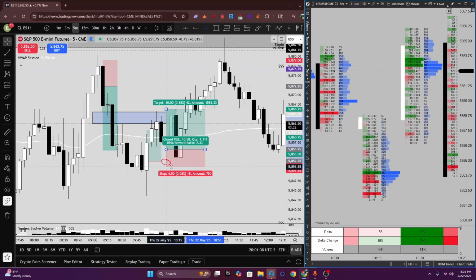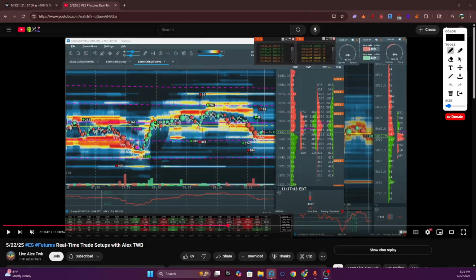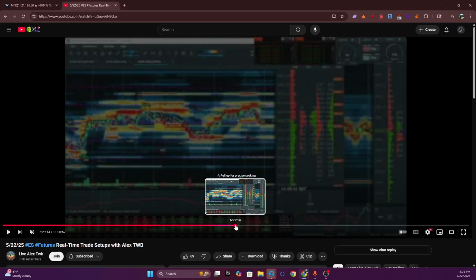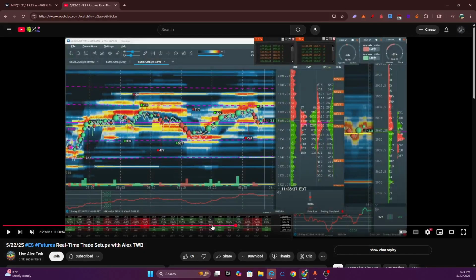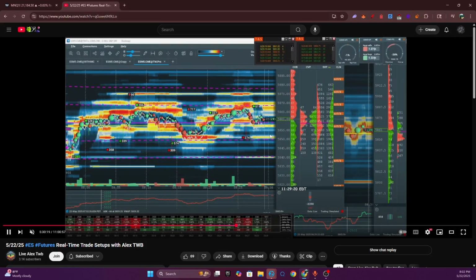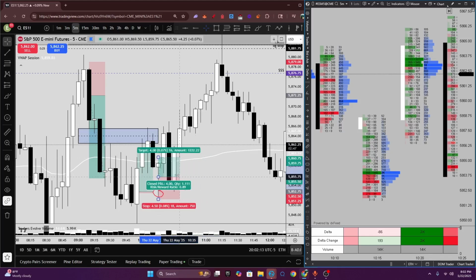stop would have been pretty tight, around 18 ticks, and let's see what an optimal take profit is if we did not get invalidated. Well, looks like we got invalidated around there, which was around 60 or 59. Which is also around a 0.9 risk to reward, which is not the best risk to reward, but